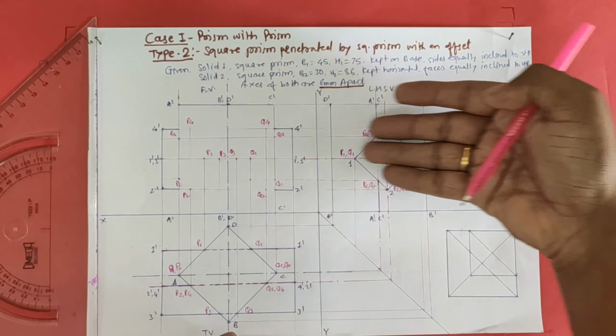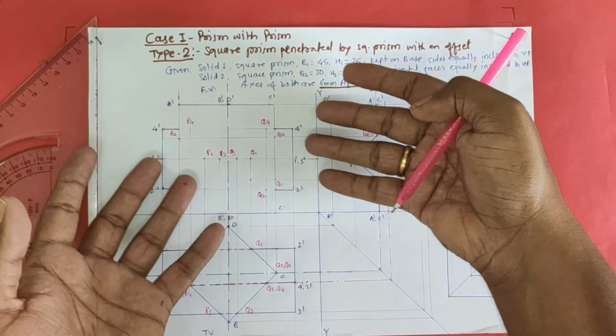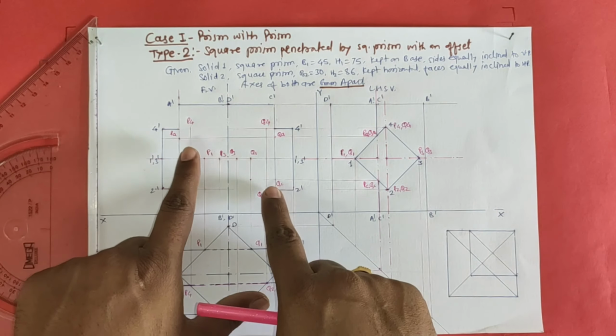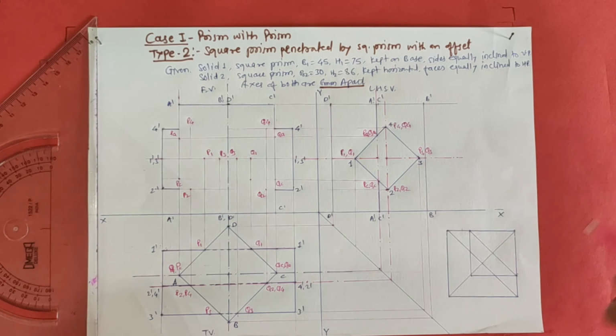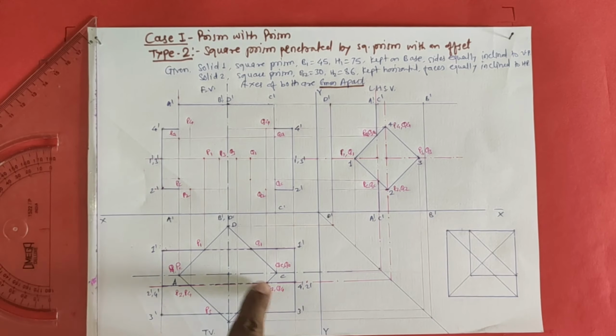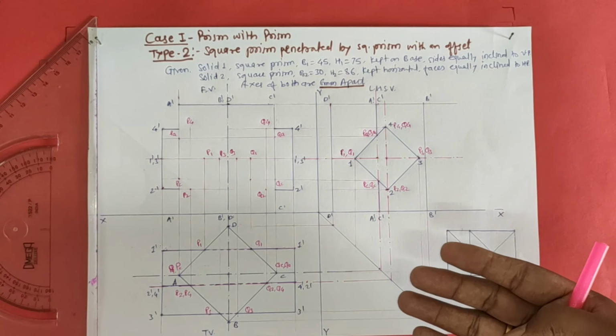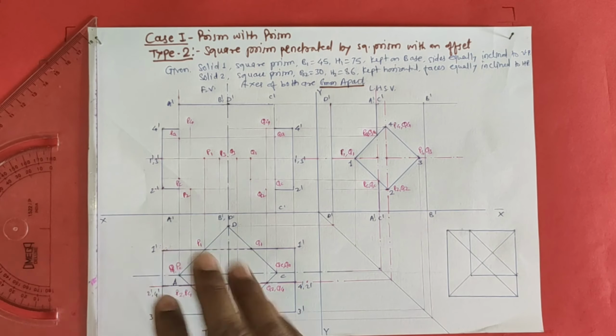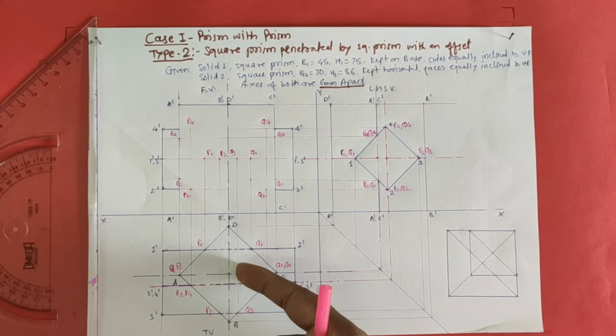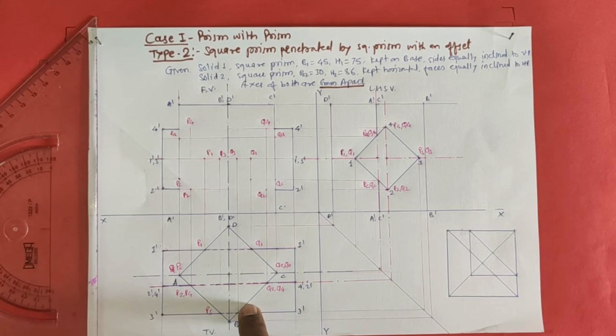We have taken projections from the side view as well as from the top view. Where they get crossed, you will get the point there only. Okay, now the next step, that is step 5. Step 5, join the cutting points in the top view. So see, we have joined the cutting points in the top view as hidden lines, as they are going inside this prism. Okay, we have already drawn it.